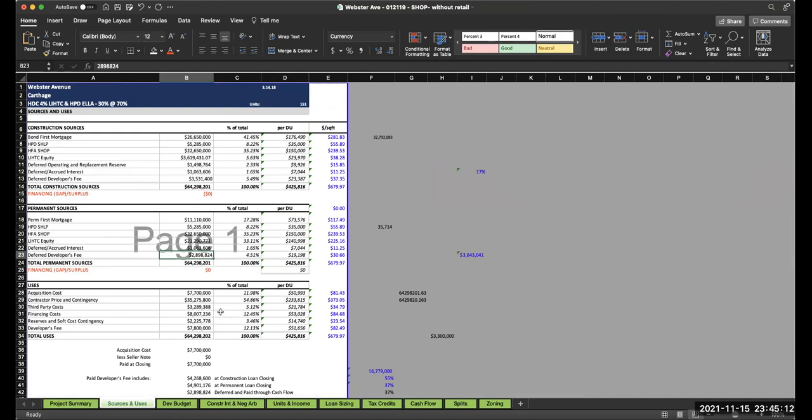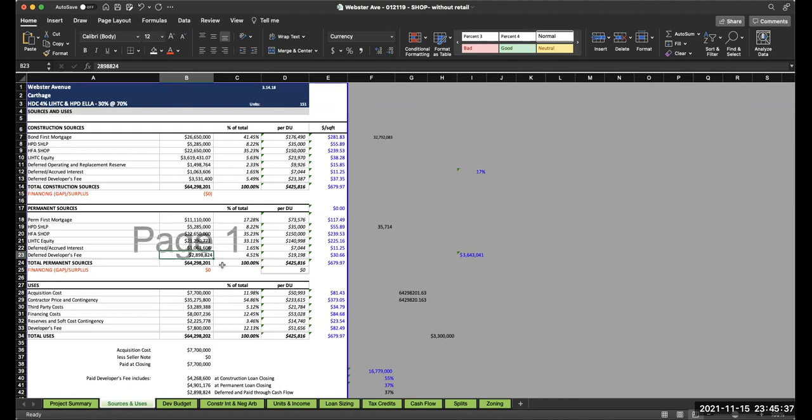So with a deferred developer fee of 2.8 million, and you have the developer's fee of 7.8, you'll get roughly $5 million in developer's fee in this project's case, which is essentially your profit out of the project. Now it's hard and it's slow and it's a lot of paperwork, but that is largely how the deal pencils out. So this is a very typical example of a